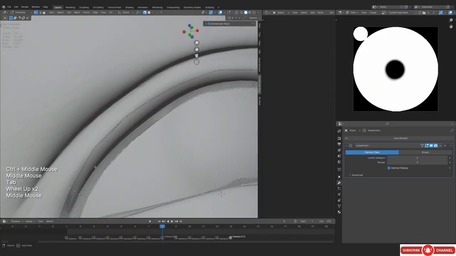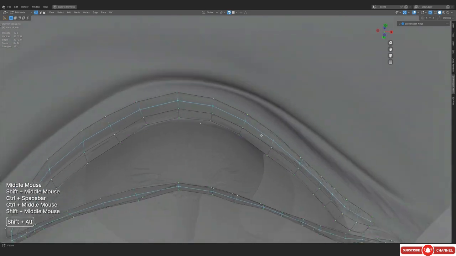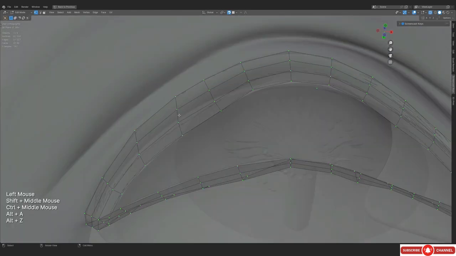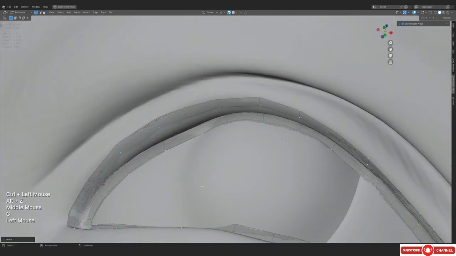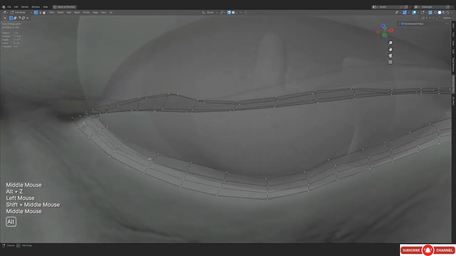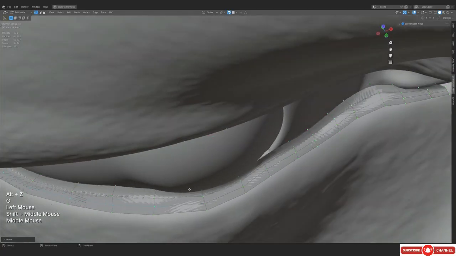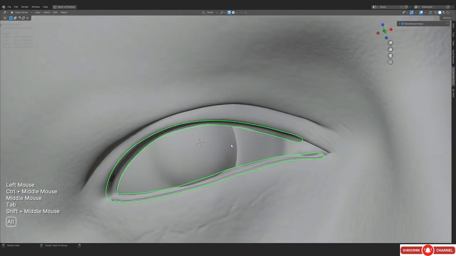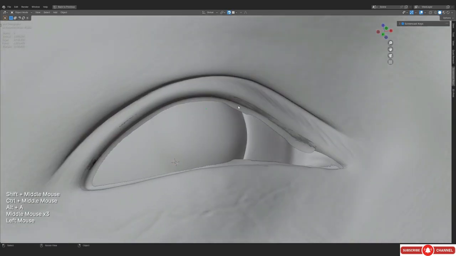So we are, I think, gonna be just shrink wrapping them at this point. Actually, not shrink wrapping them. I think I'm gonna grab and then enter. So that's what I'm doing right now, so that they snap to the surface of our eyelid. Yeah, not shrink wrapping, but doing this manually. Okay, so this is what we have.